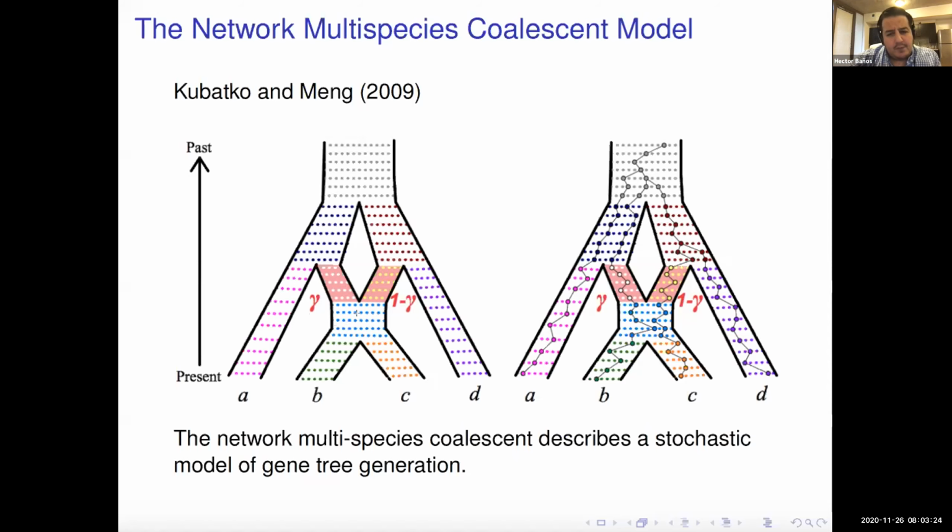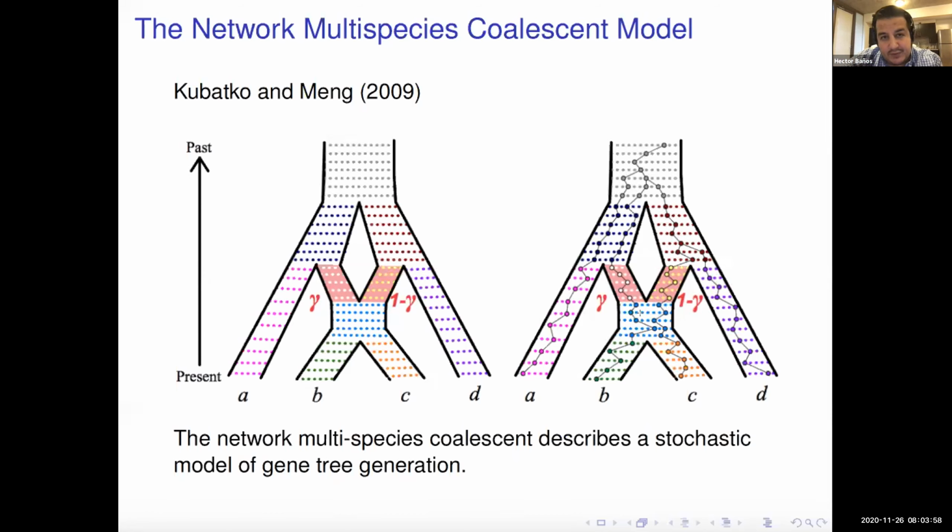So the way it works is that you sample a lineage per species, and then you trace back its ancestry via a Poisson model, and then there could be several things happening. Sometimes when you have two lineages in the same population and then trace back to the same ancestor, we call that a coalescent event. Okay. And then you keep going in the process with one less lineage, until the point where you have only one lineage left. You always go back in time.